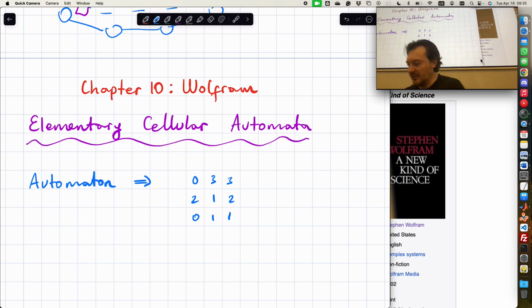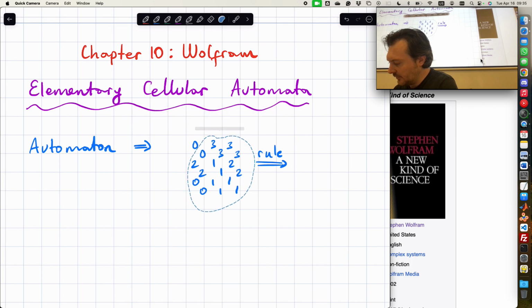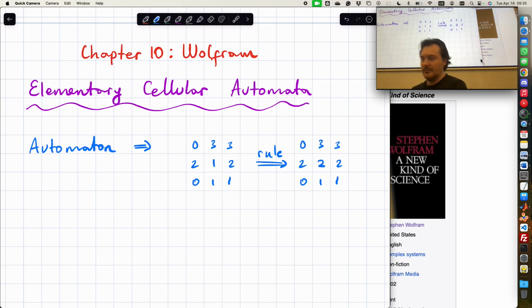So in general, these kinds of things are called automata. You apply some rule and you get new values. Like you add 1 and it becomes 2, and when it's 4, it topples, etc. There's some rule.